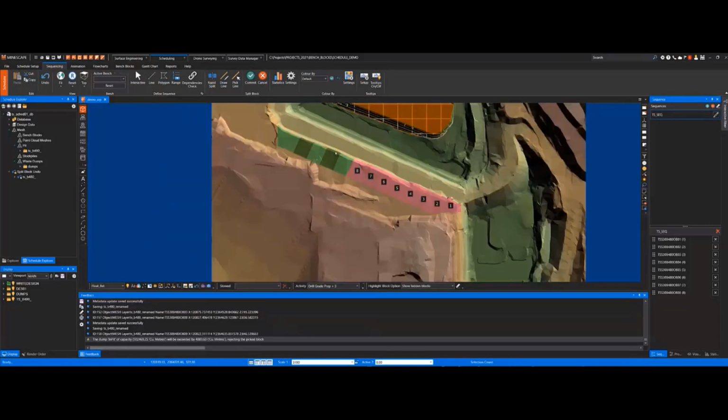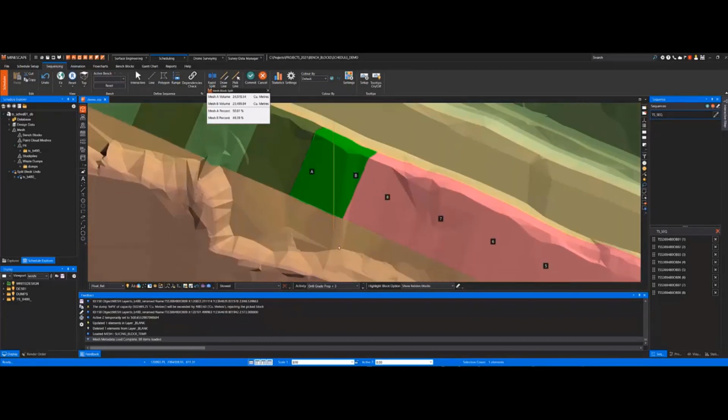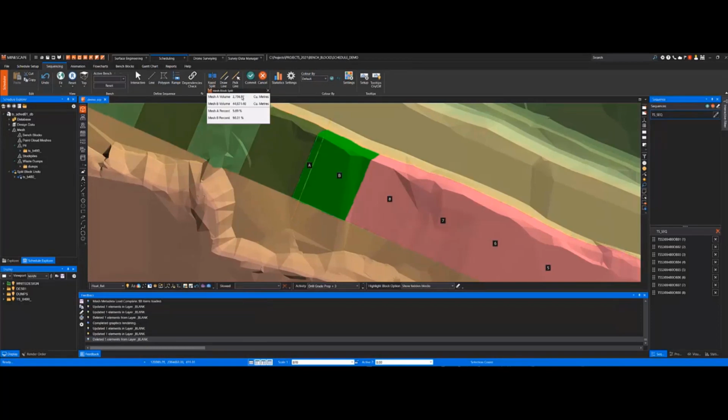No big deal. What I'll do is use this new functionality called rapid split. I'm going to select that block. It's going to split it. I don't like the way it's split it. I want to go more perpendicular to the cut, to the block. So I'll just move that line. It does a rapid split. I'm still too big. So that's that.